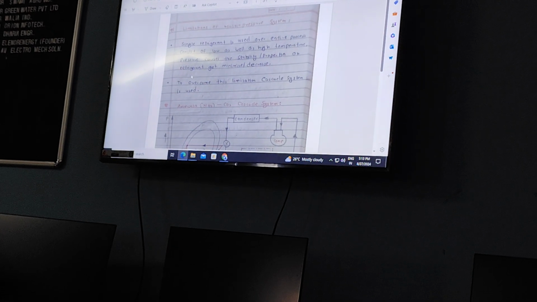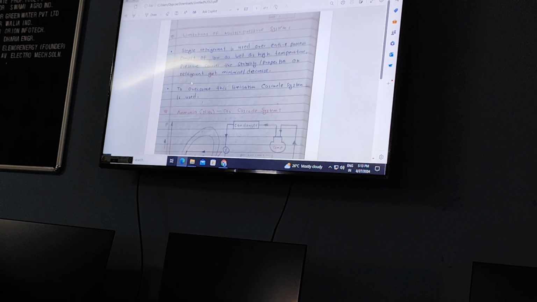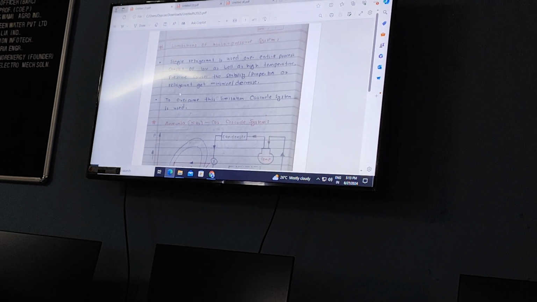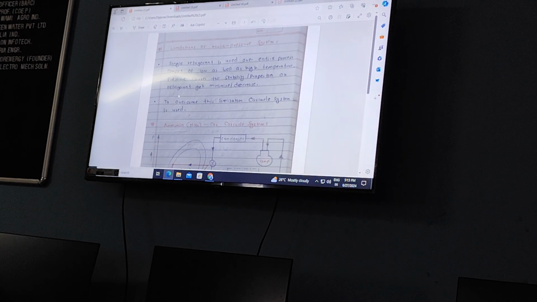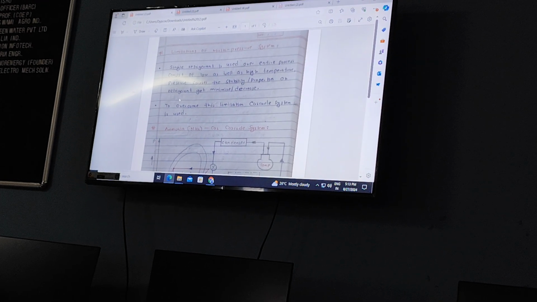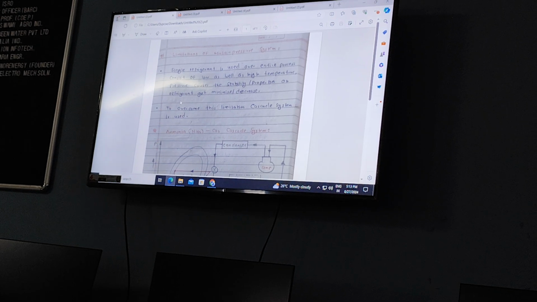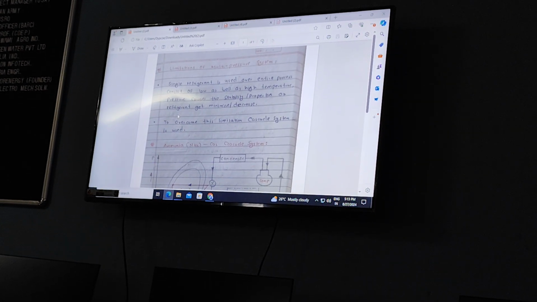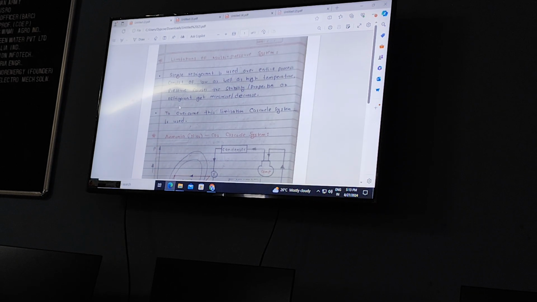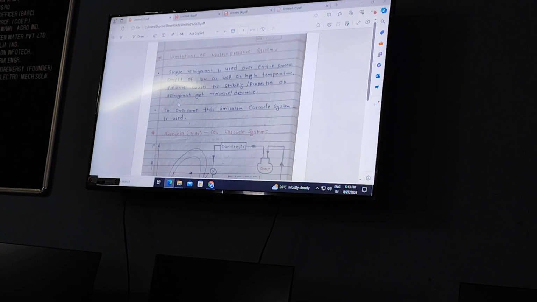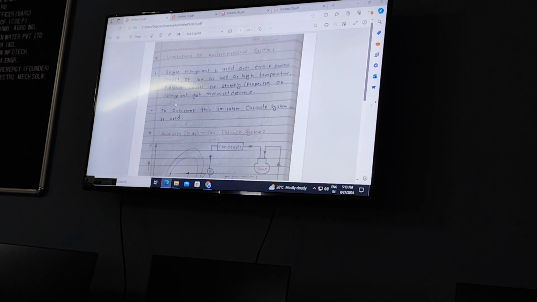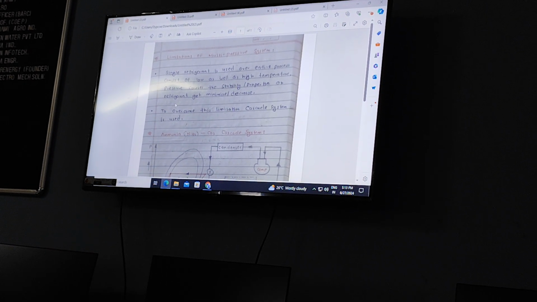The same refrigerant should have a high boiling point and a low freezing point. Such refrigerants are rarely available. And for achieving a low temperature, we have to reduce the temperature to a very low limit. As I have already told you, to reduce the temperature, if we are reducing only pressure,